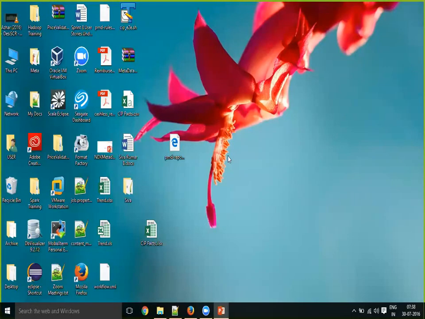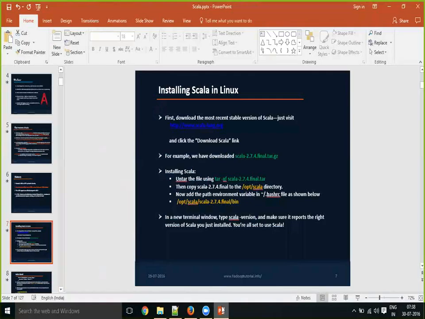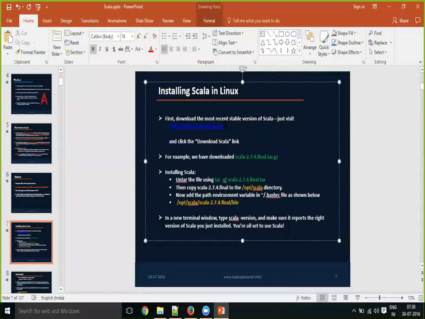Your Scala can be downloaded from scala-lang.org,